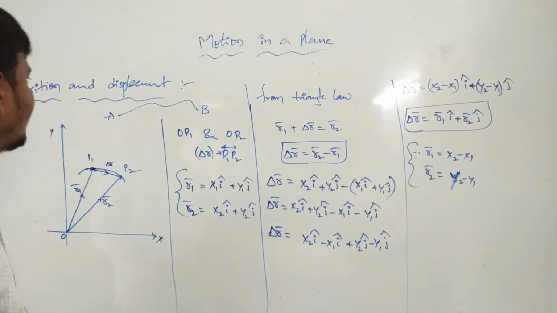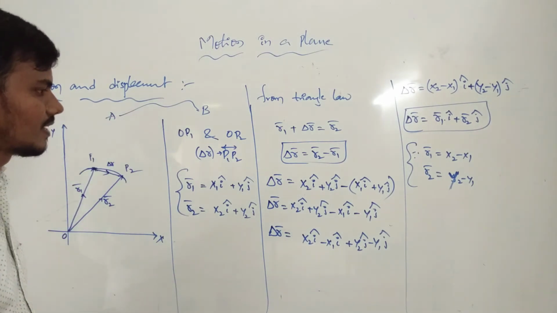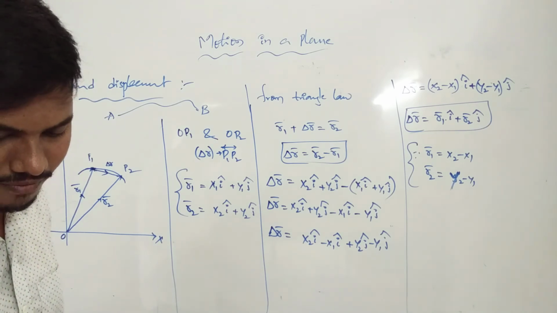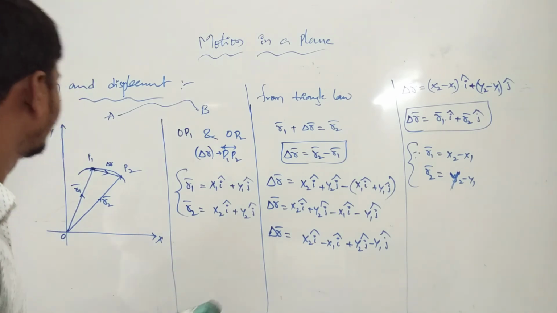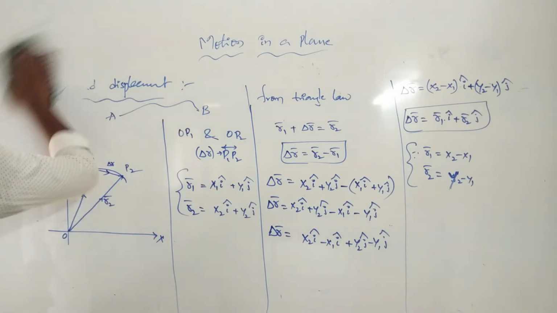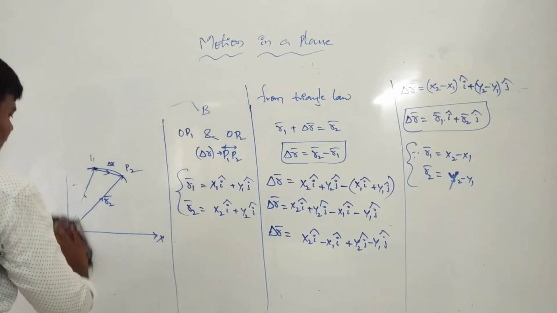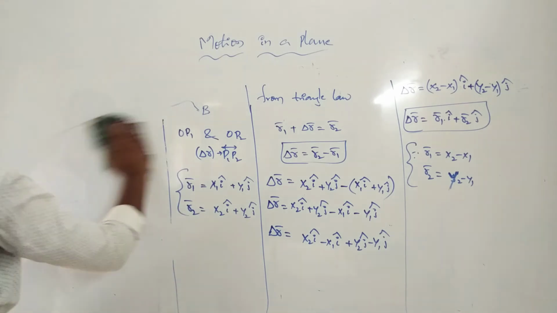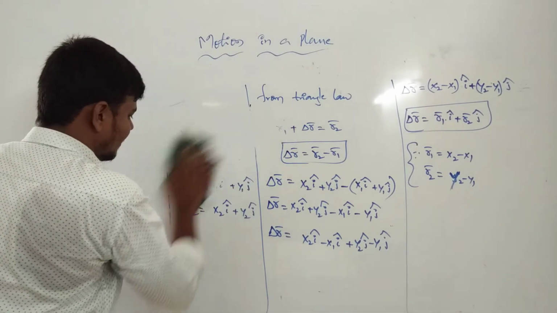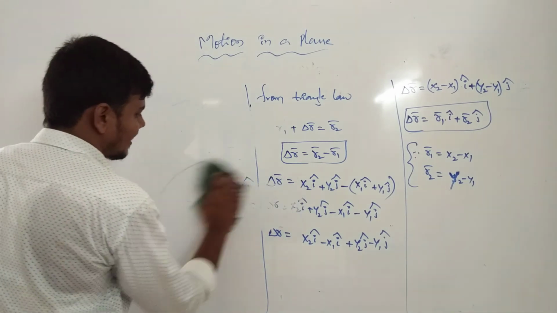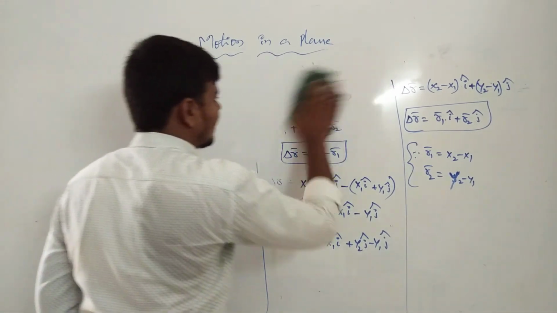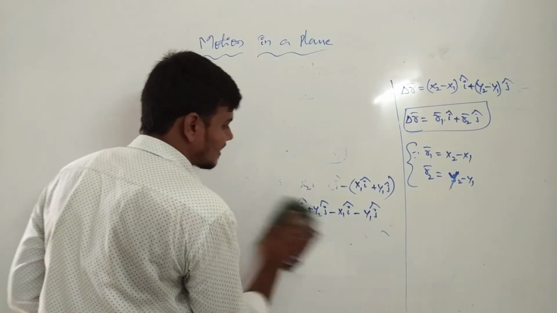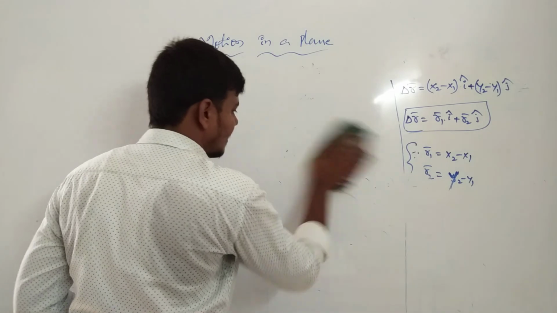Next one is motion in a plane. This is the first session. Now the second session we are going to velocity. Now velocity mainly has two things applicable: the first one is average, the second one is instantaneous. Now what is the definition of velocity? You know that from the previous class, we introduced it in motion in a straight line, our previous chapter also. Velocities are mainly of two types: the first one is average velocity, the second one is instantaneous velocity.